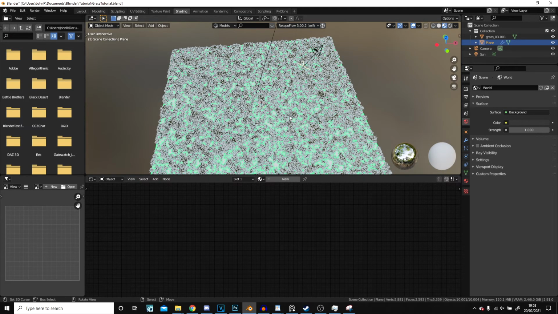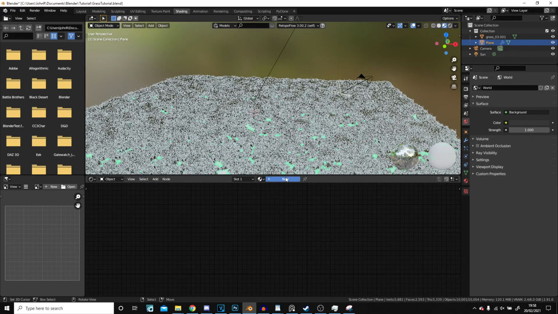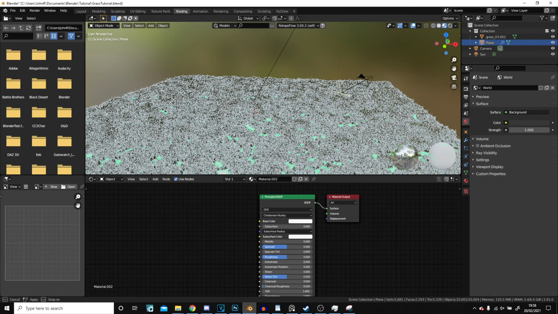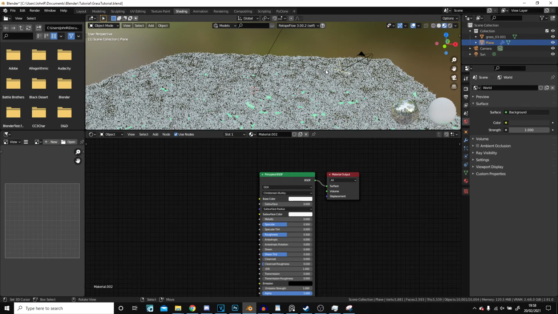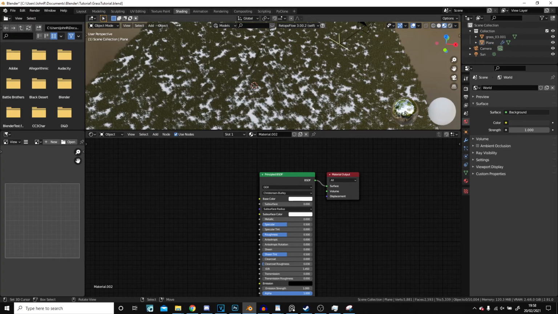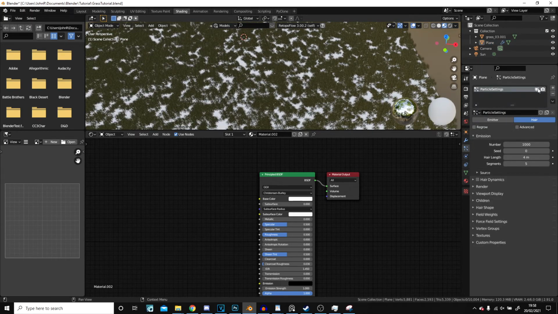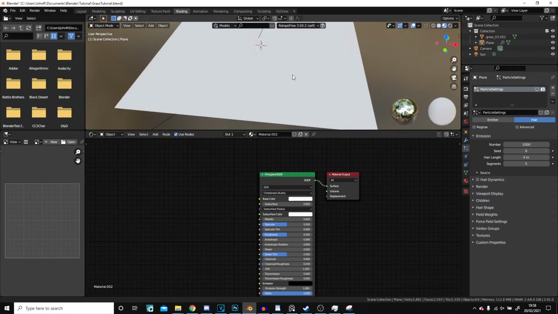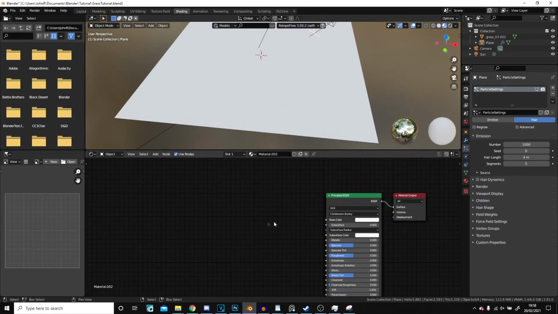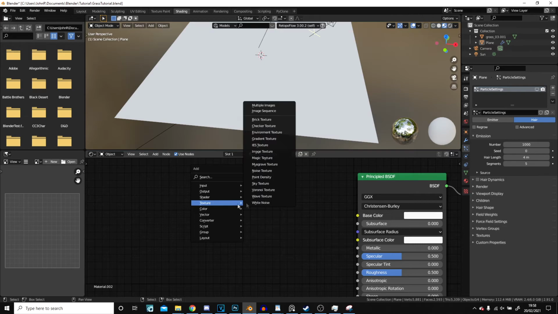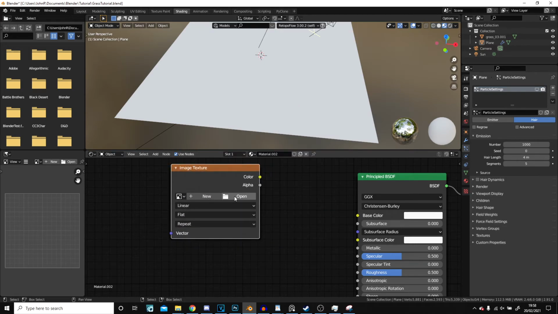And then I'm going to hit new. We get this principled BSDF shader. And I'm going to very quickly disable the particle fit settings, just so that I can see the material when I put it on. I have a texture planned,